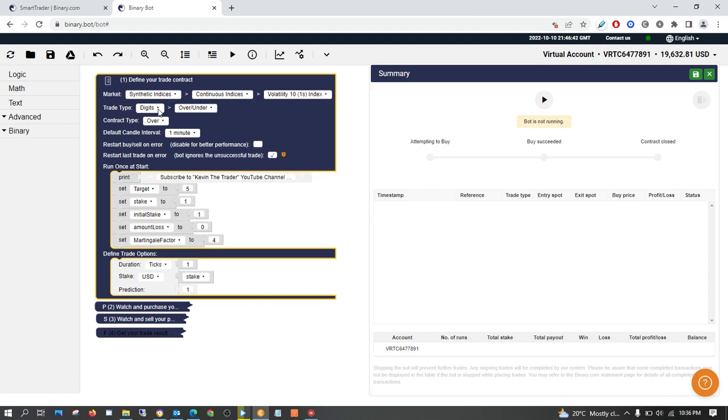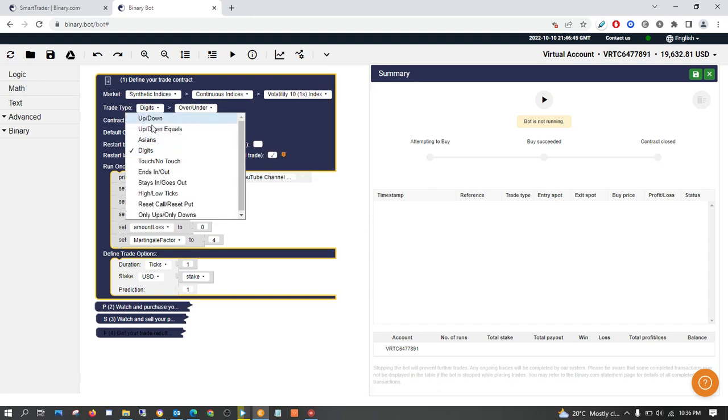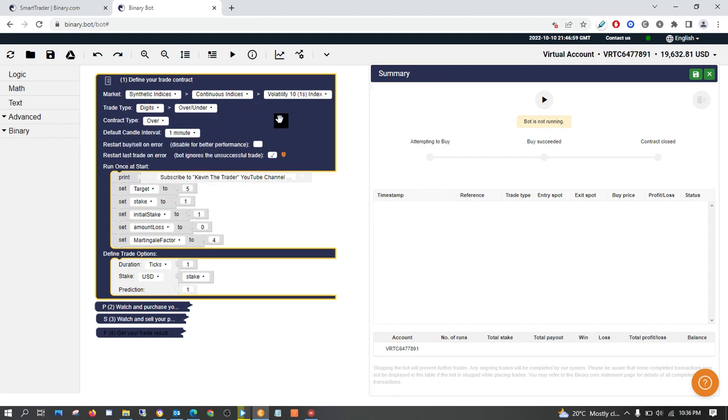So the trade type, we are going to choose here digits. We are not going to choose the other ones. This is the best one for this bot, for this particular video, or for this particular account growing from small to bigger one. And then we're going to trade on over under, not matches or differs or even odds, but over under. But after choosing here, we are not going to do both.